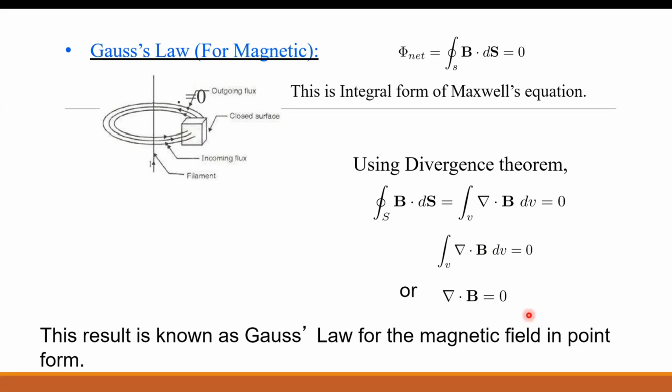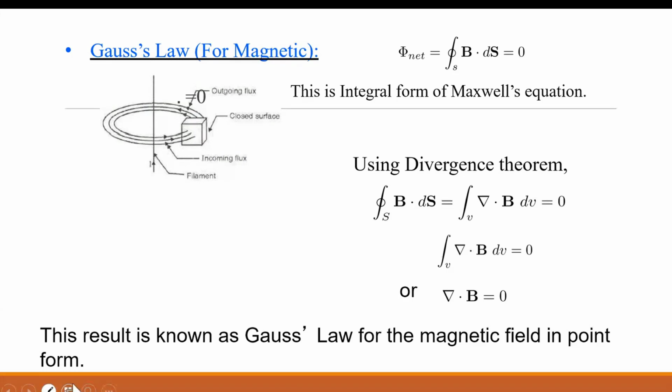So del dot b bar is 0 is called the point form of Gauss law, derived from Gauss law for the magnetic field, the static magnetic field. Del dot b bar is equal to 0. Okay, so this is the fourth part of Maxwell's equations. This is the integral form, and this is the point form. Now next,